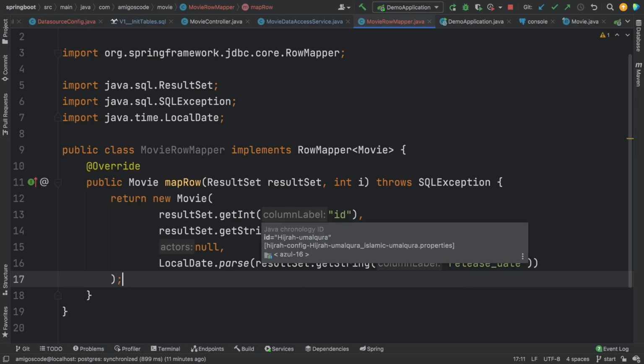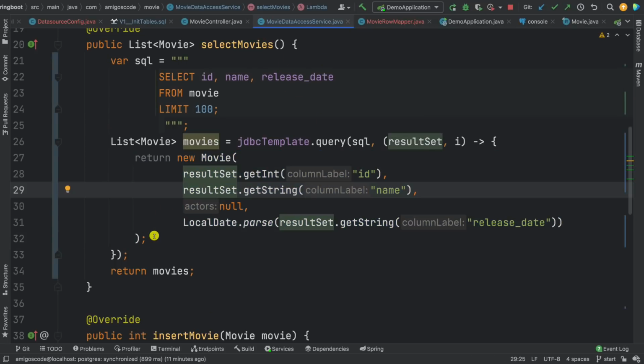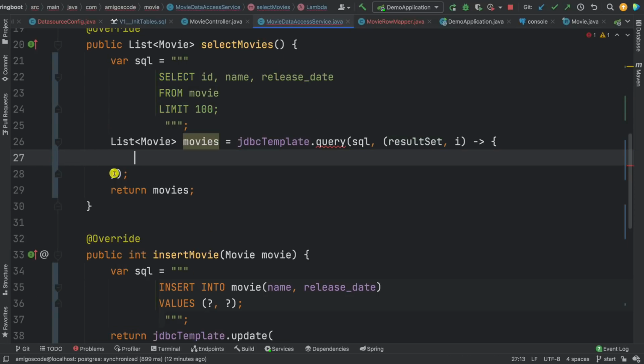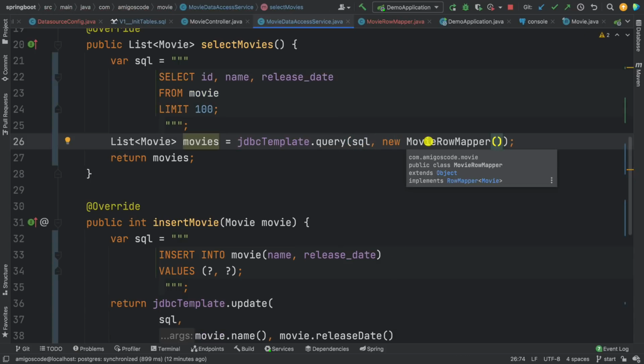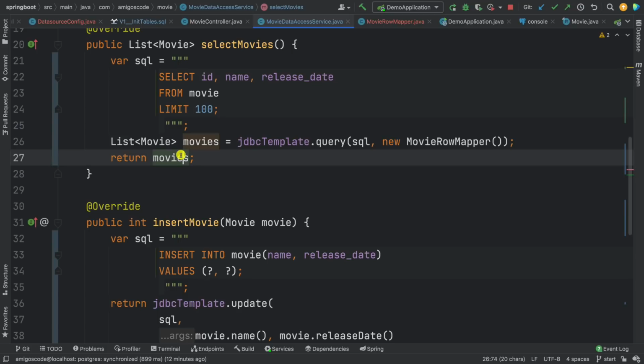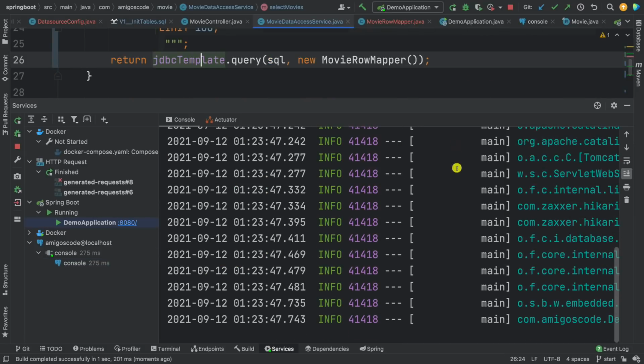Which means that if I go back to MovieDataAccessService, instead of passing all of this like that, I can say new MovieRowMapper. The cool thing here is that we can then reuse this RowMapper whenever we need within this class and elsewhere. Let me inline this, and there we go. You can see that this is much cleaner. Now let's restart the application,